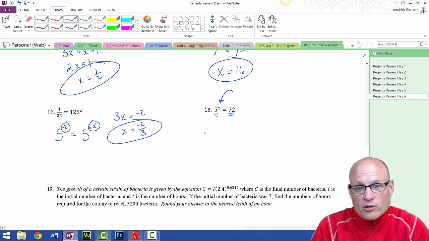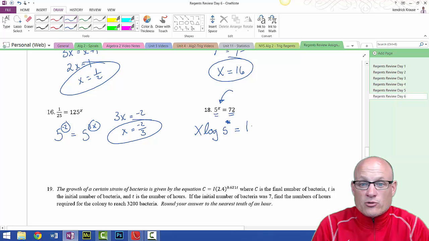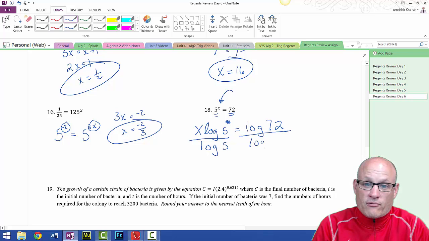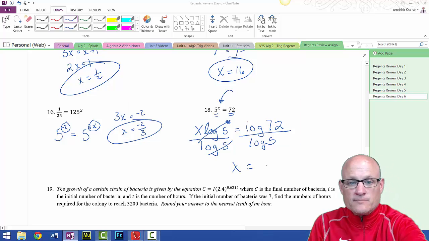So what we're going to do is we're going to log the left side. So log of 5 to the x. But if you remember correctly, exponents come first. They come out front, is equal to log of 72. So to solve for x, I just divide by log of 5. Divide by log of 5, and I get x equals,